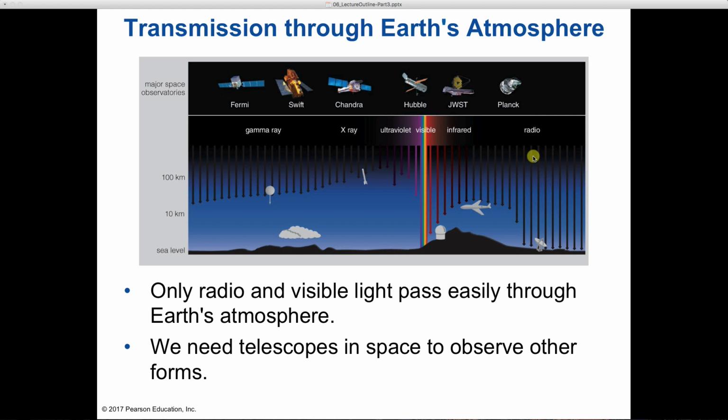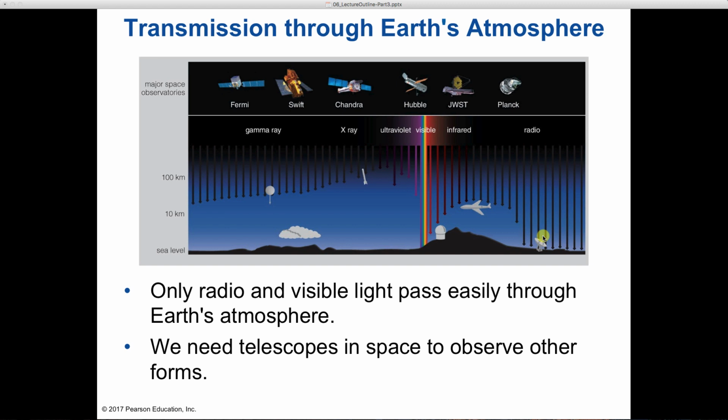And then radio waves do penetrate down very easily, quite well. And so radio telescopes that look like big satellite dishes can be placed on the ground, and many of them are placed on the ground. And that's actually just fine. There's not a huge need to put a radio telescope up in space. It would still help, but that's pretty difficult because, as we'll talk about later, as the wavelength gets bigger, so radio waves have a big long wavelength, gamma rays have a short wavelength, and everything else is in between, in order to get good angular resolution, the telescope has to be even bigger.